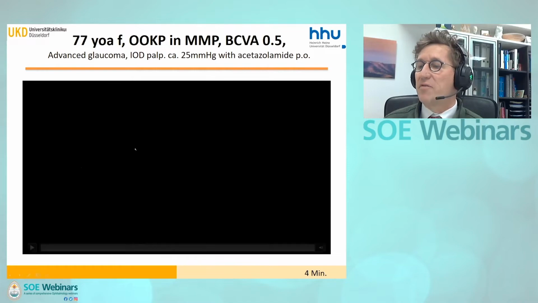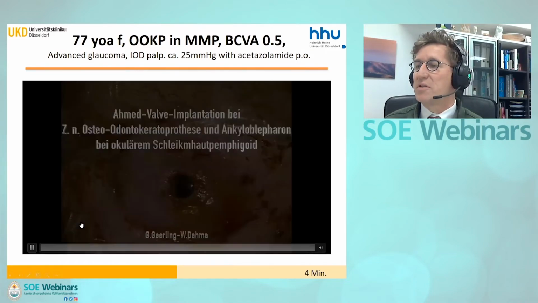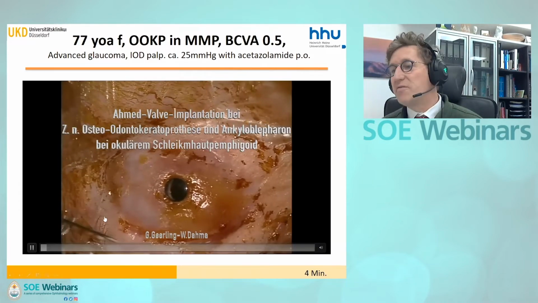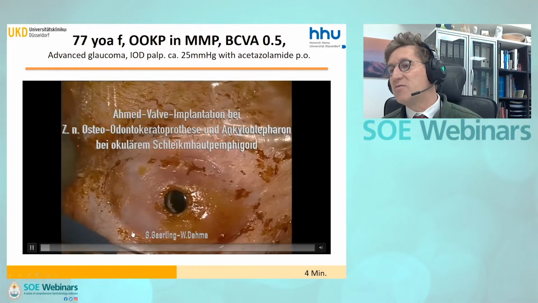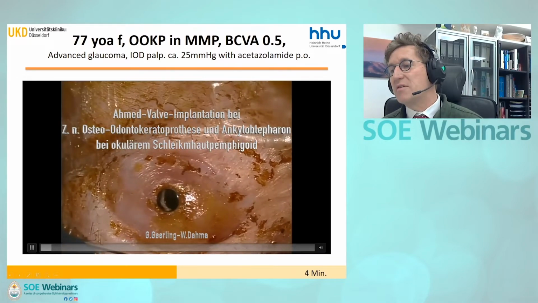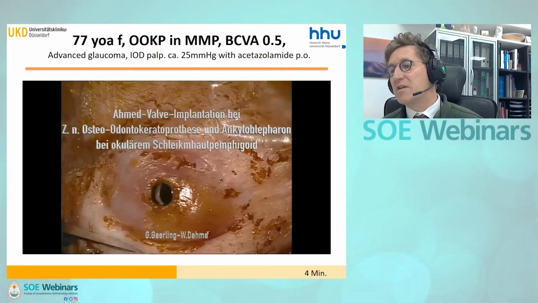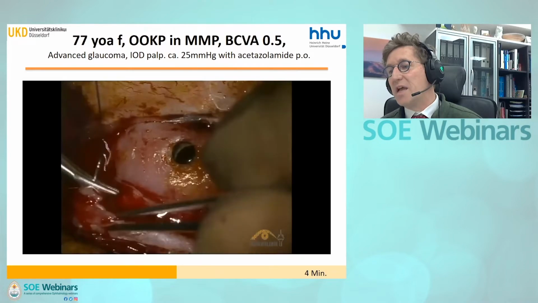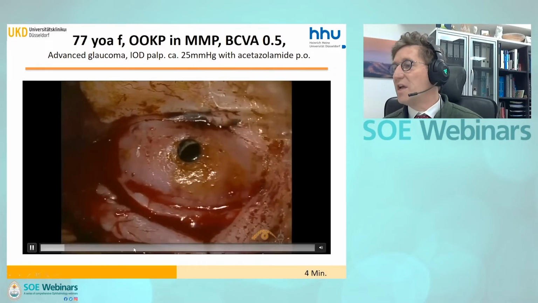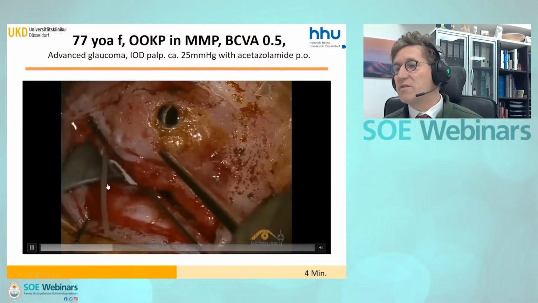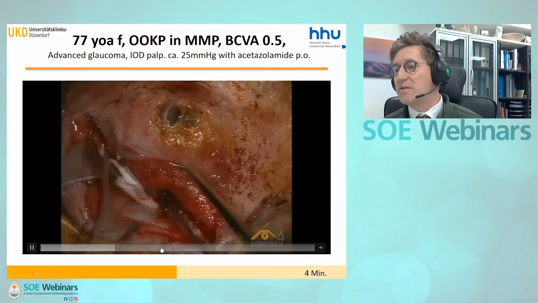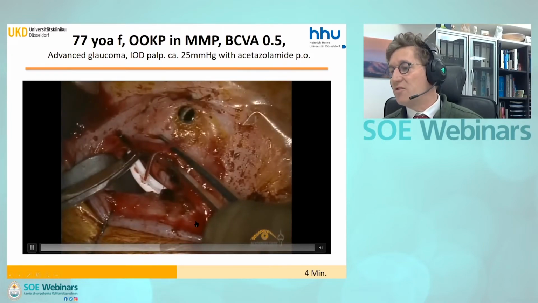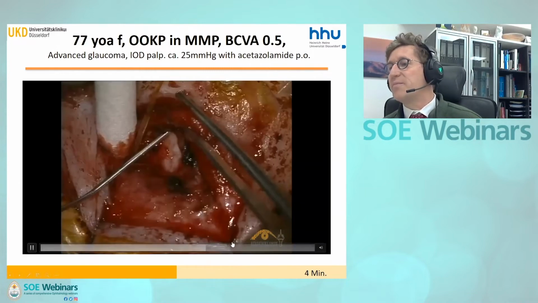In this case, we had performed osteo-odonto-keratoprosthesis, giving this patient a vision of 0.5, despite recurrence of ankyloblepharon, and we had to address secondary glaucoma. We did this by implanting a Baerveldt implant, and for this we went straight through the lid margin because the lid margin was fused to the oral mucosa, and we dissected down onto the sclera, implanted the Baerveldt in the supratemporal fornix, then placed the little tube through a little incision into the anterior chamber behind the